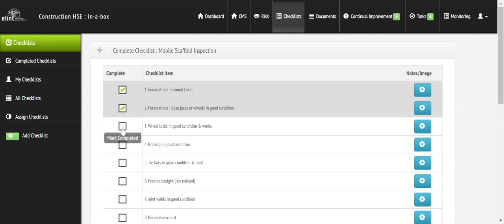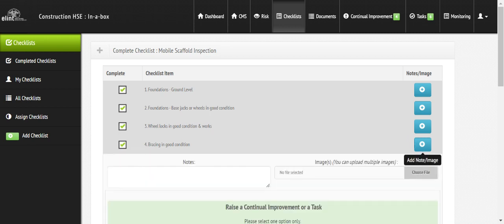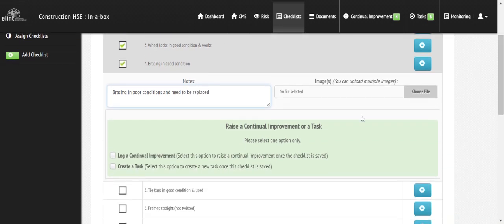By ticking the question doesn't mean yes, it's correct. It means yes, I have read the question, I understood what you asked for me, and I have actioned it. If there is something wrong, I can make a note. Okay, so I need to make a note and say it can be replaced, and then I can also add